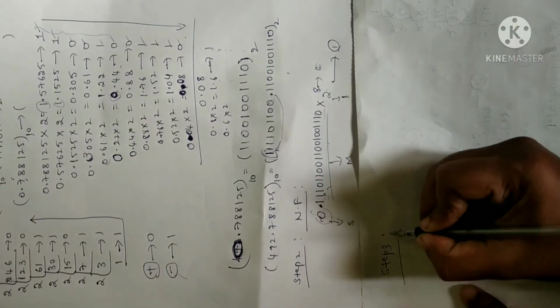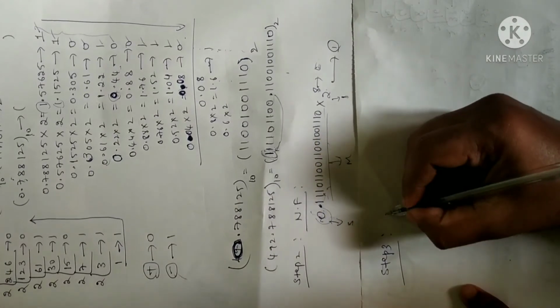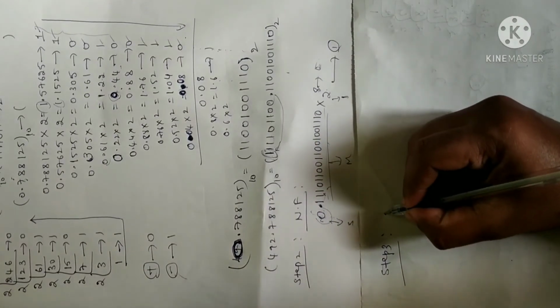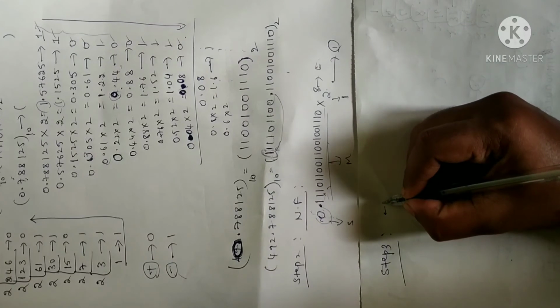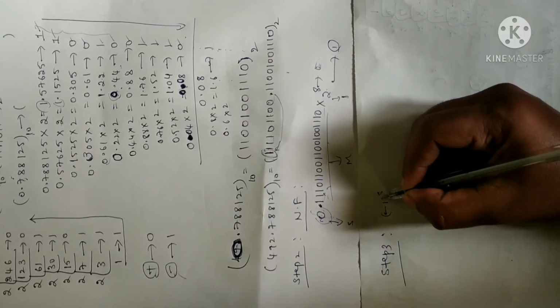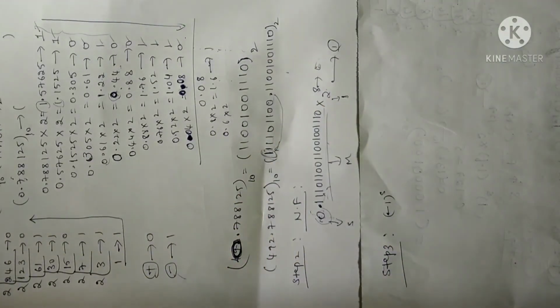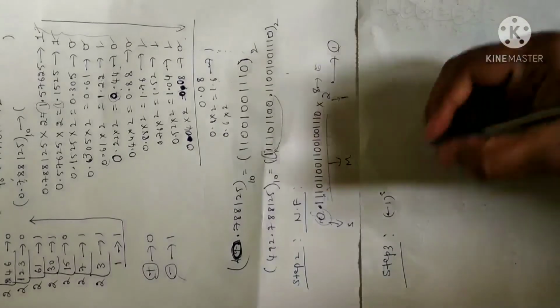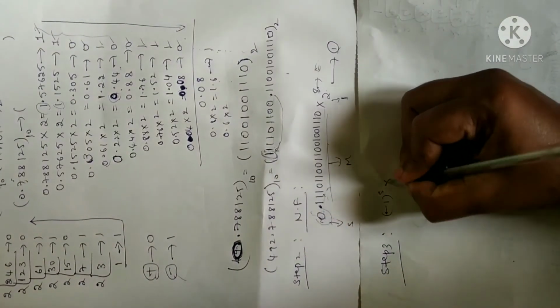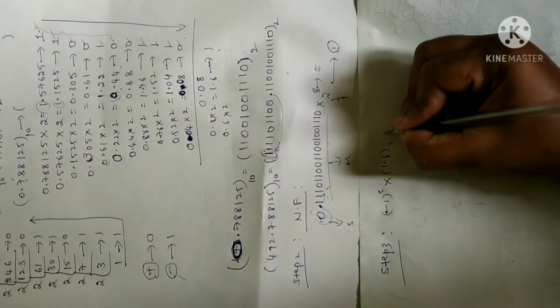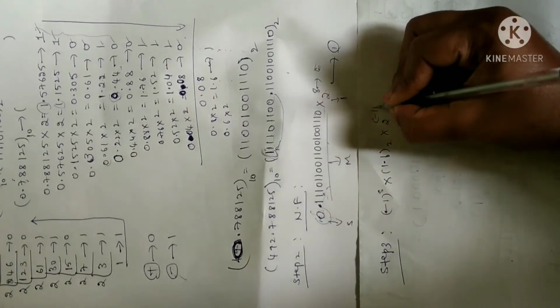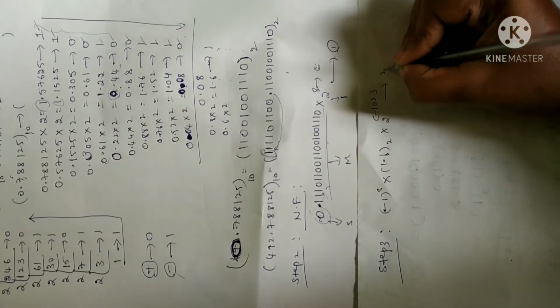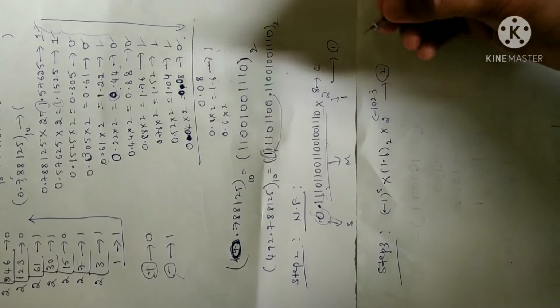Step 3 for double precision is what we have. Let me write the standard format of double precision number. What is the standard format? I have given the formula list in the notes. You just go through the format so that you will understand very well. Formula for double precision is given by (-1)^s × 1.f base 2 × 2^(c - 1023). Now we'll take this as equation 2 and simplify by using the previous procedure.